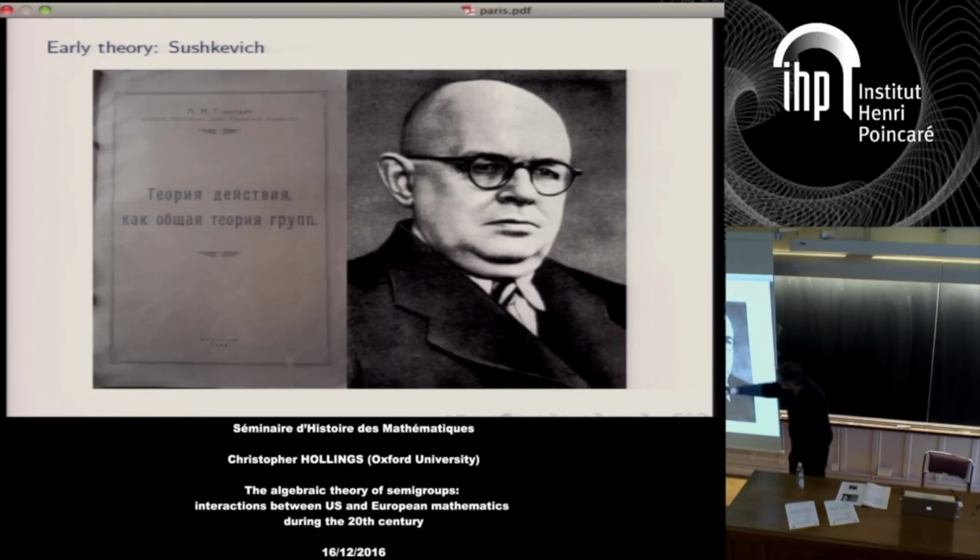But anyway, in 1917 or thereabouts, he wrote this thesis, The Theory of Operations as the General Theory of Groups. It has things to say about semigroups. It has things to say about what we would now term quasigroups, and there are other generalizations of groups in there. And he continued to work on this material for about 20 years and a little bit afterwards. Certainly 20 years after the dissertation, he wrote a monograph, Theory of Generalized Groups, in 1937, which has a very much refined version of the ideas from here.